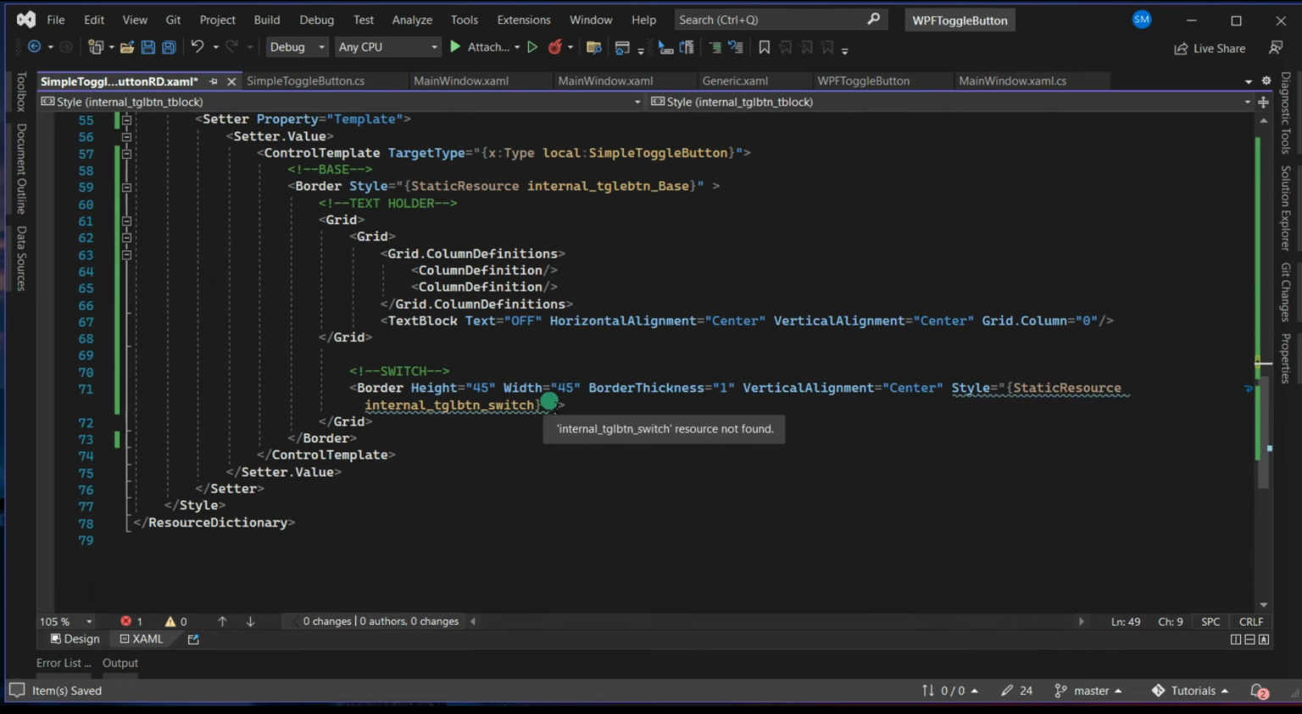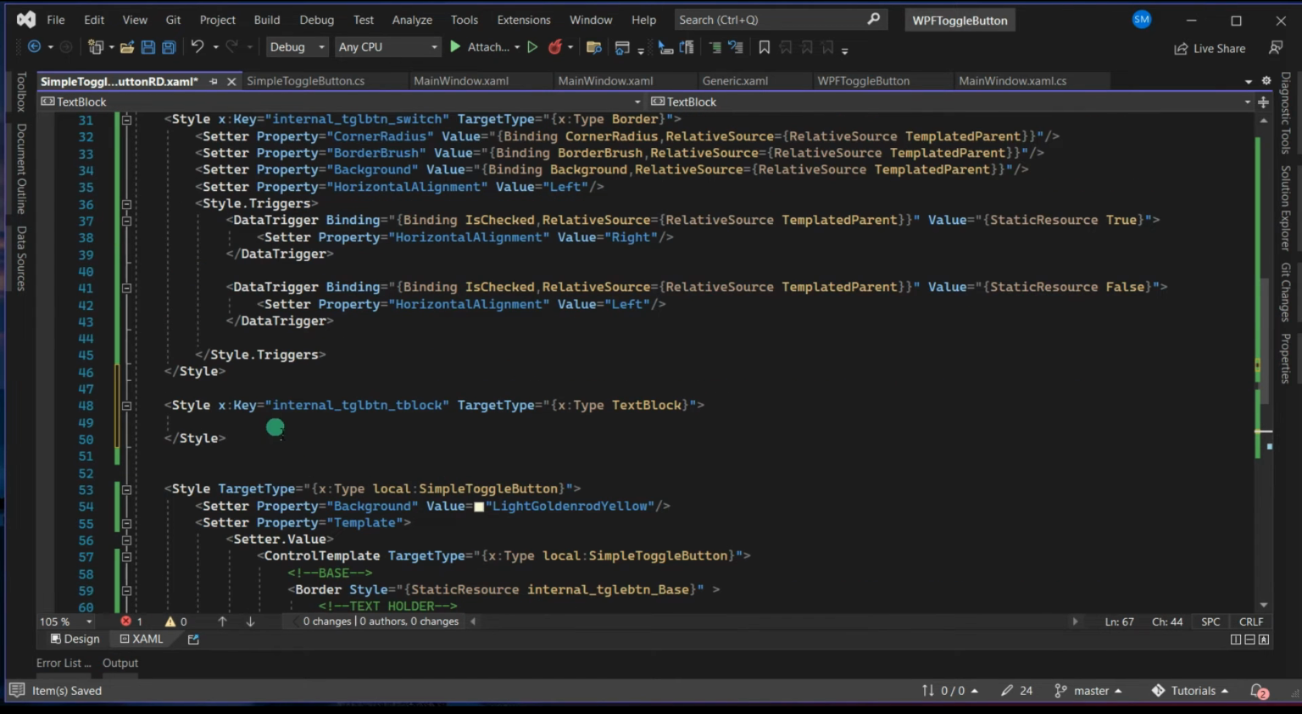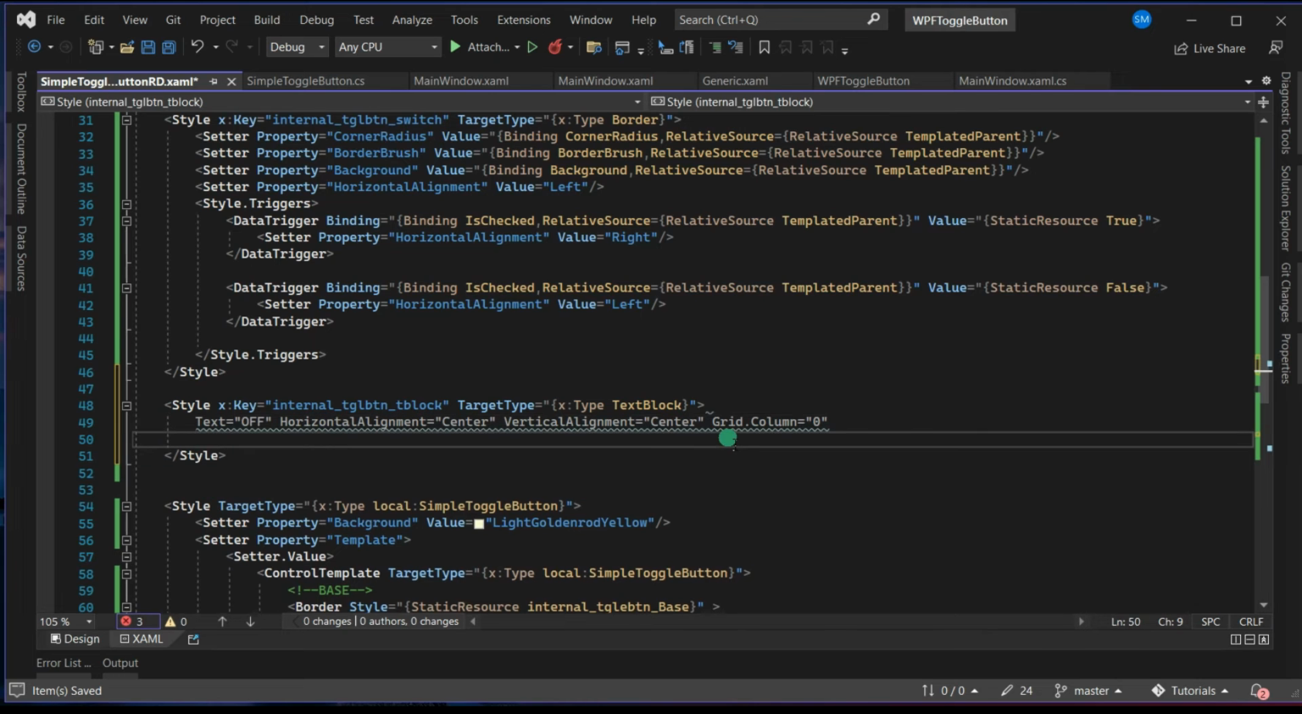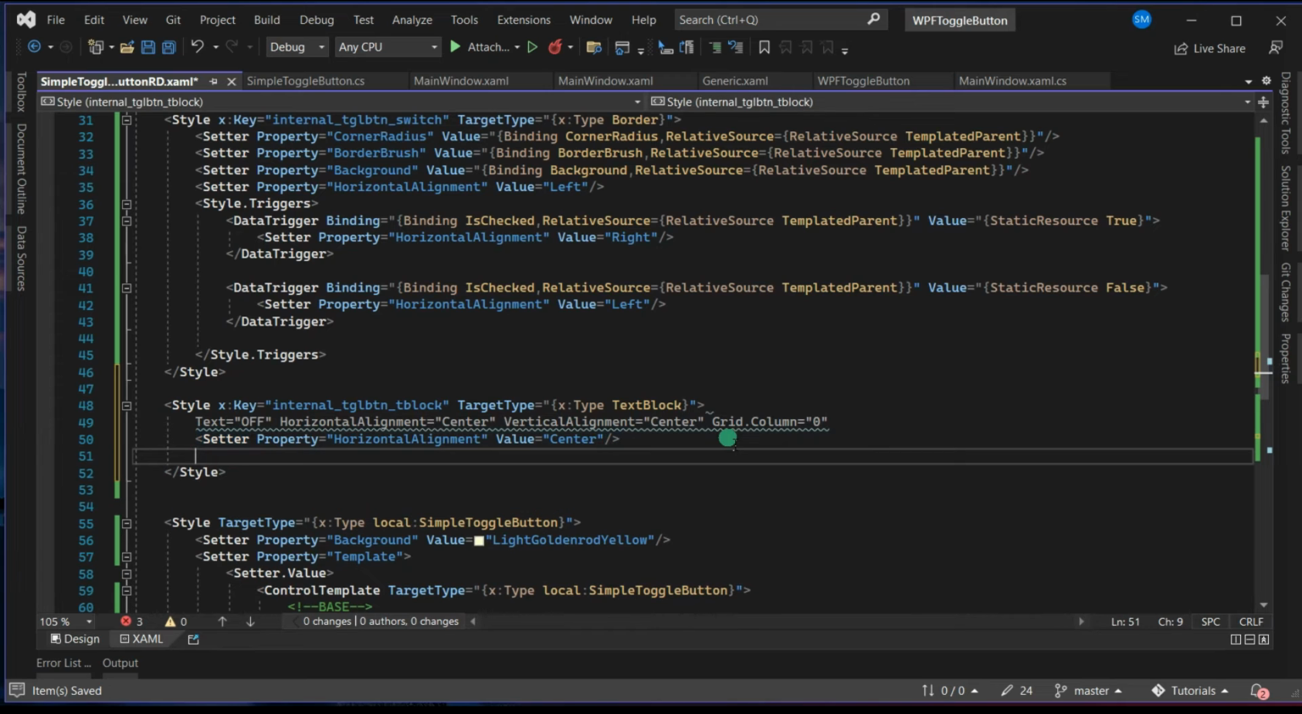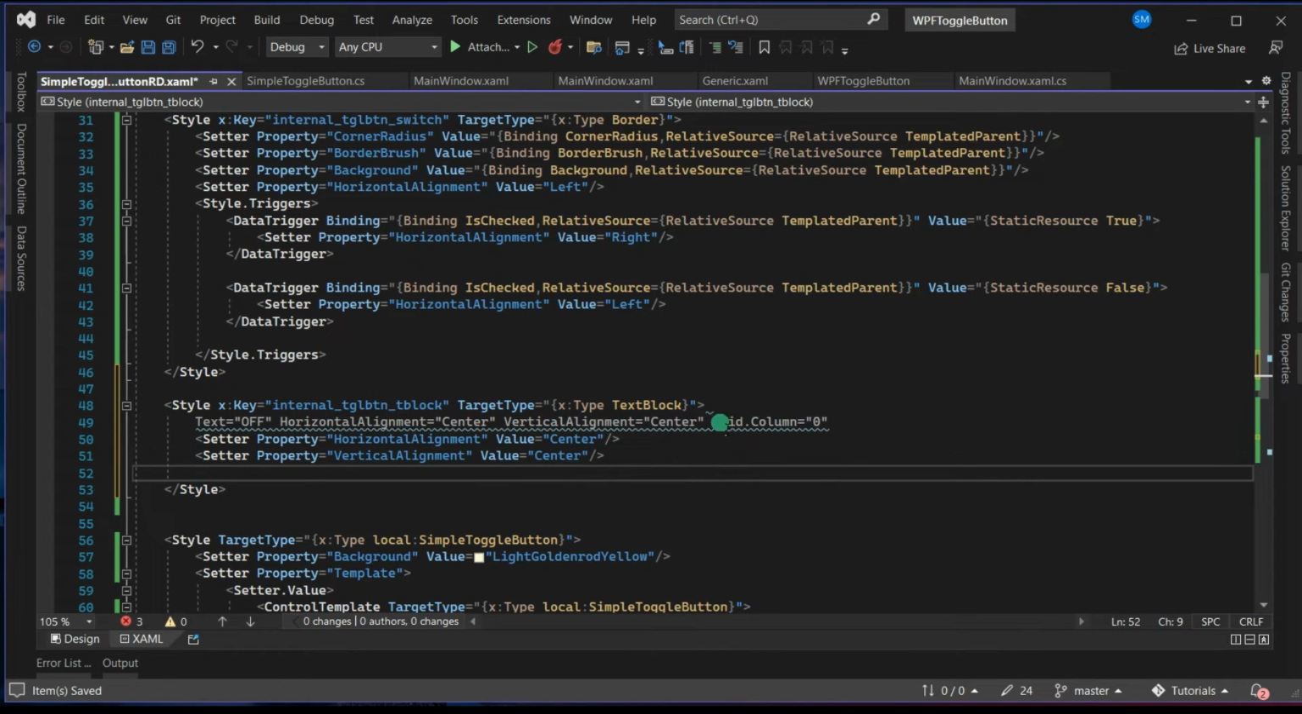Okay, here, what are the things that we have? We need a horizontal alignment of center, that is fine. Vertical alignment, let me first cut this off, and let's set a property horizontal alignment, value is equal to center, set a property vertical alignment, value is equal to center, and the main thing is the Grid.Column has